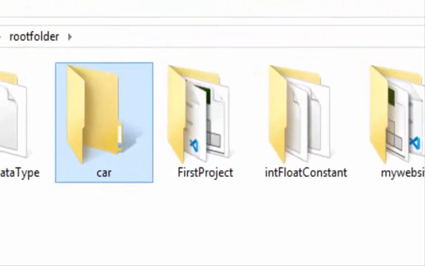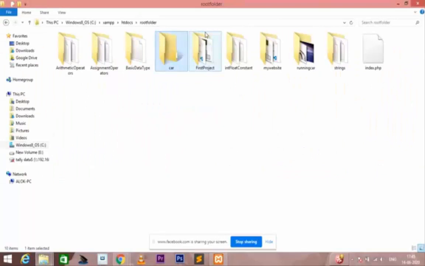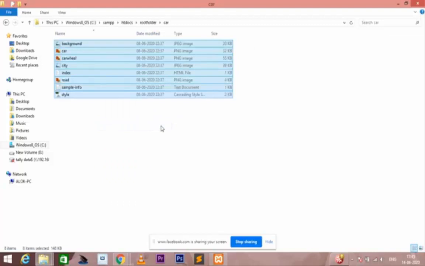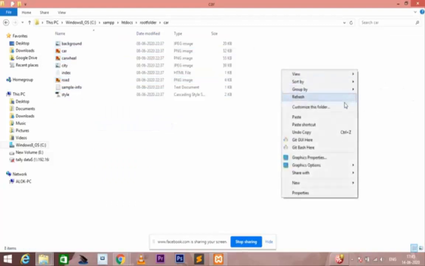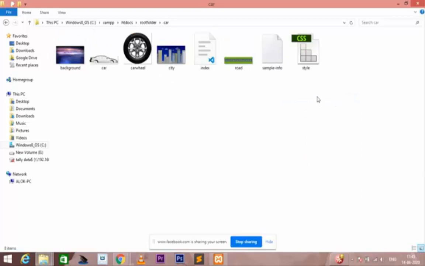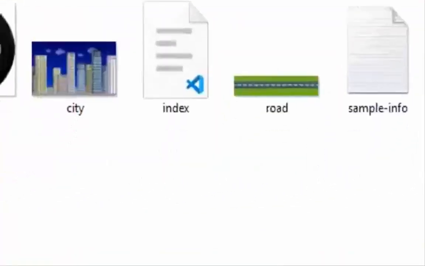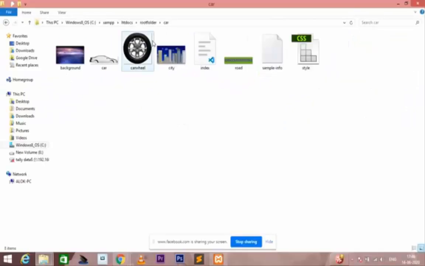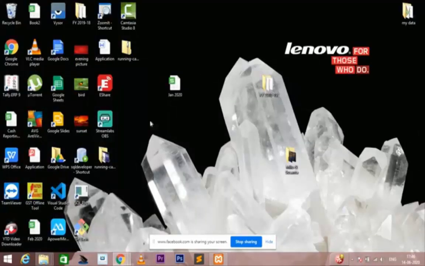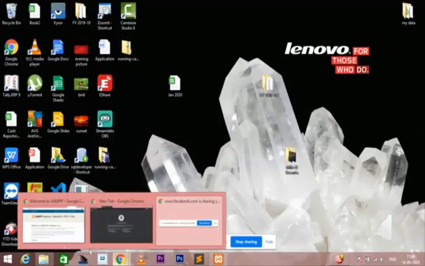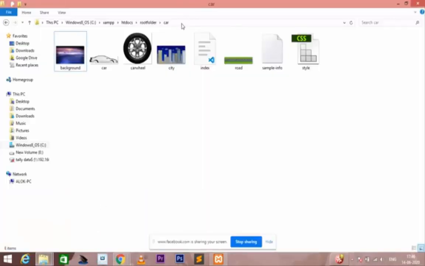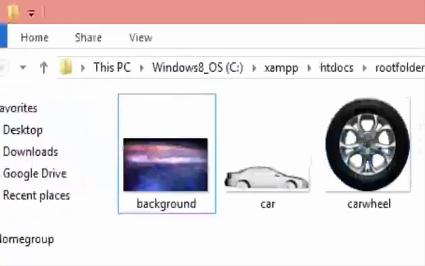So you can see that this is my folder here, and again I double click on that, and I simply copy paste the entire content, and you can see that this is my entire content, basically. After this, I minimize it. If you want to see where I copy paste the entire content, you can see that this is my root directory, basically.